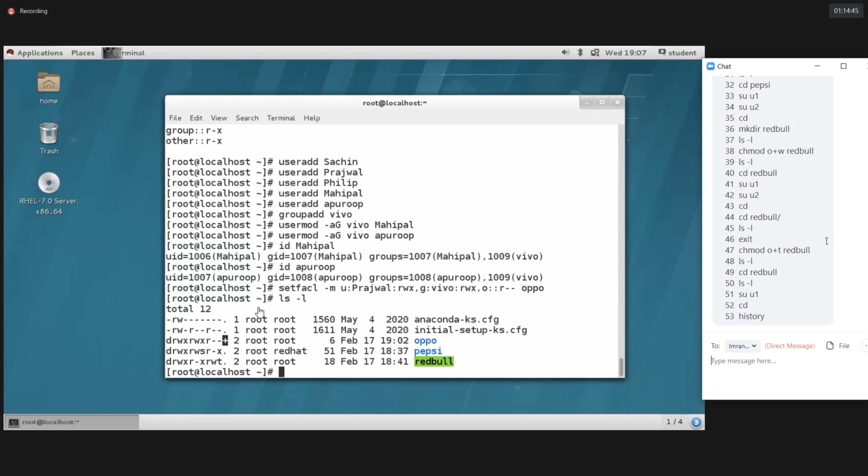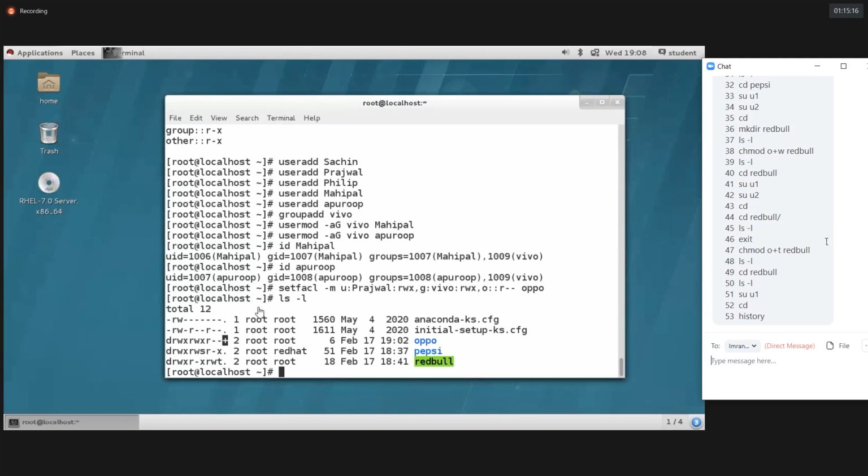So by looking at files and directories, you can identify whether there are ACLs for a particular file or directory. If we have the dot, there are no ACLs. Instead of the dot, if we have the plus symbol, we have ACLs for this particular directory. Got it? Directory or file, whatever it may be. You can provide ACLs for files also. It's not the case that we can provide ACLs only for directories.